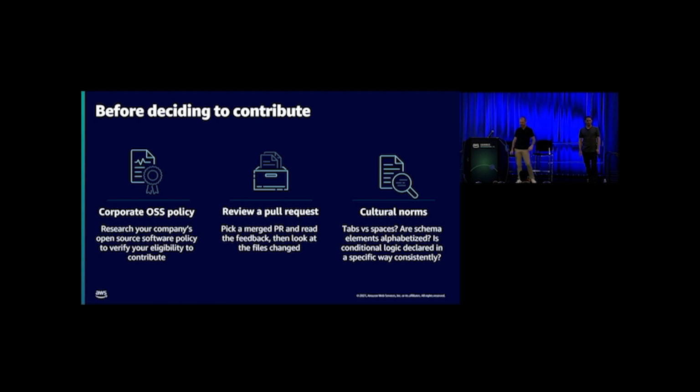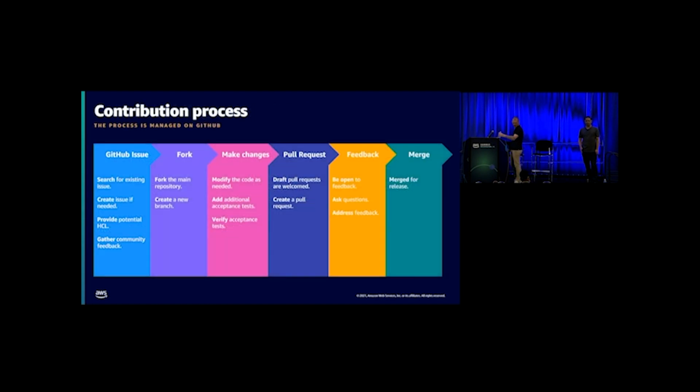So if you're new to open source, the contribution process looks pretty similar across the board. So you can take this model and basically apply it to any open source tool. But with Terraform, everything begins with a GitHub issue. So say you find an enhancement that you want to make, or you find a bug or something like that. The first thing you should do is go to the GitHub repository, check out the provider issues, see if something exists already. If it does, and you feel like trying to fix it yourself, go ahead and claim it.